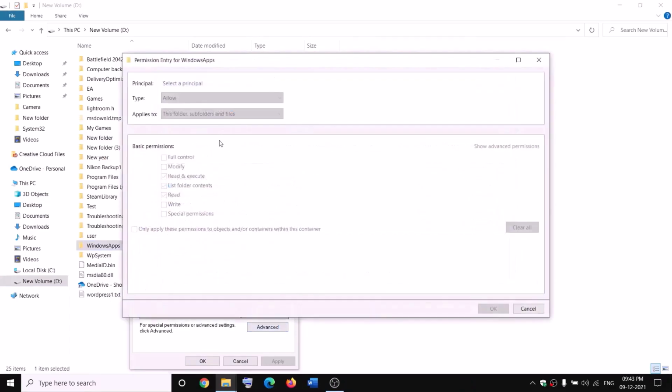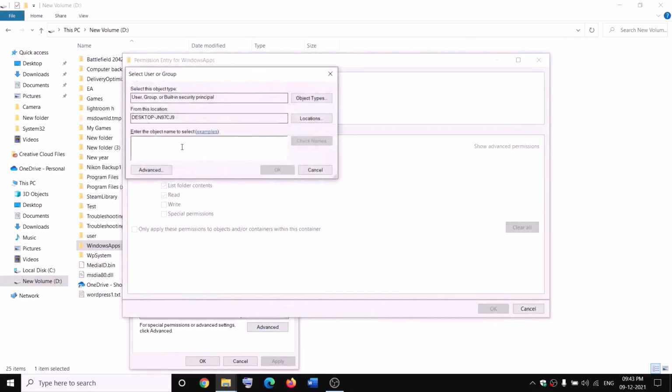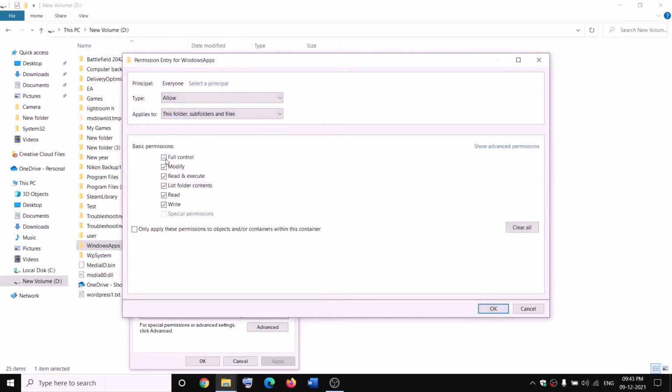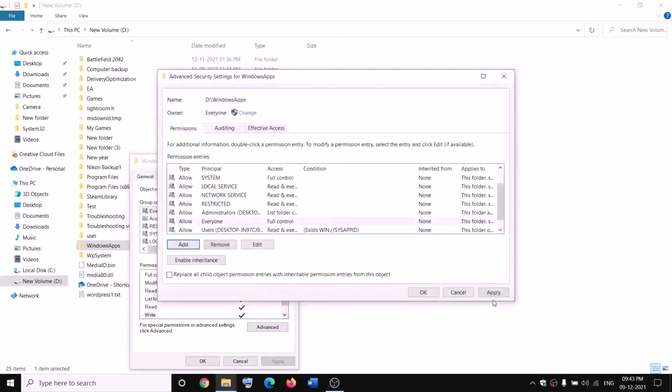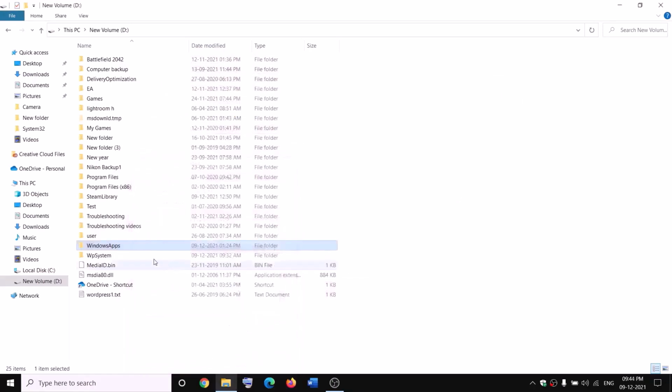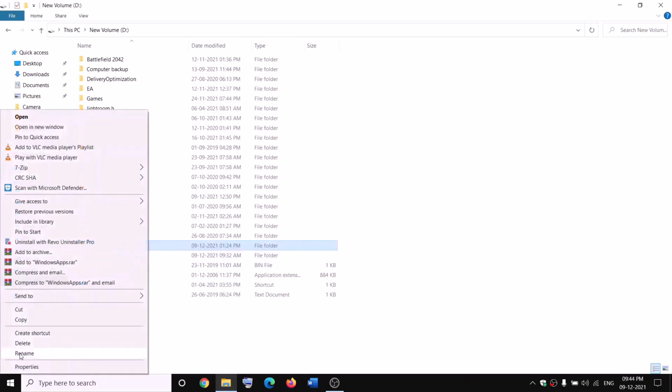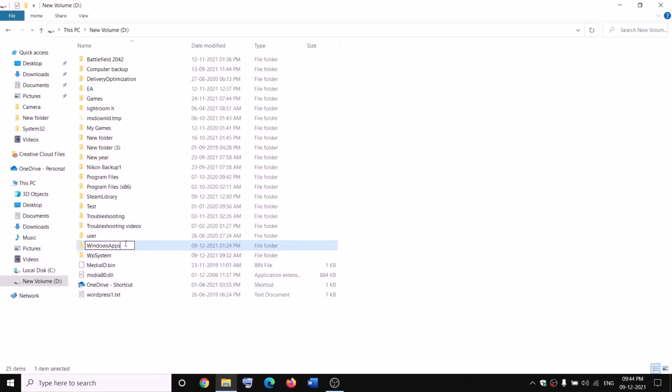click on add, select a principal, everyone, check names, OK, put a check on the box which says full control, OK, apply, OK, OK. Now make a right click on Windows apps and then click on rename and then rename it as WindowsApps.old. Now while renaming it, if you receive any kind of error message which says file is open, in that case